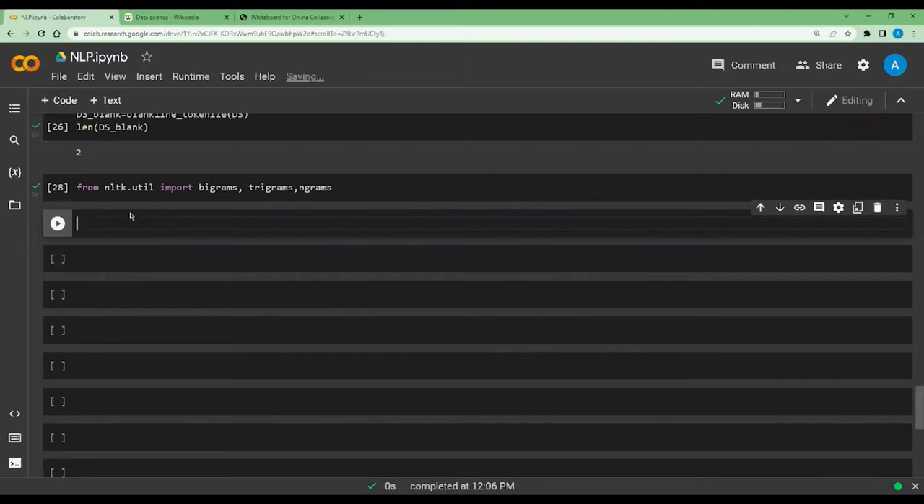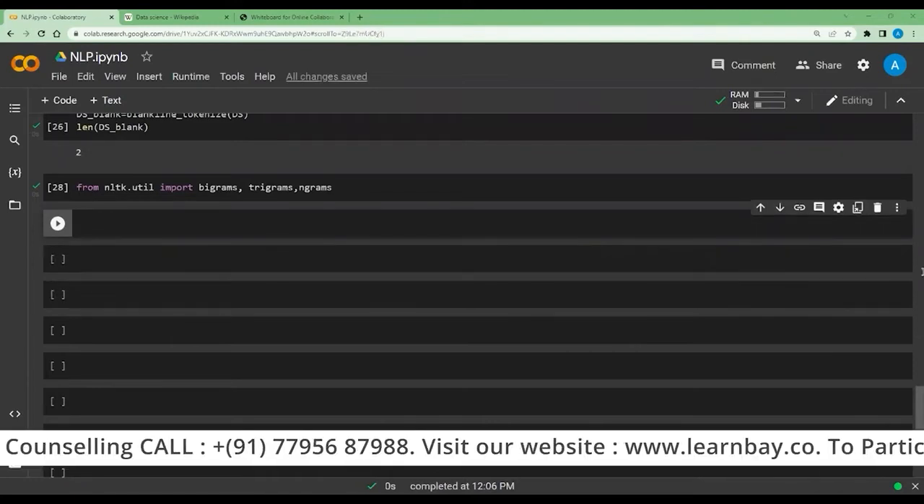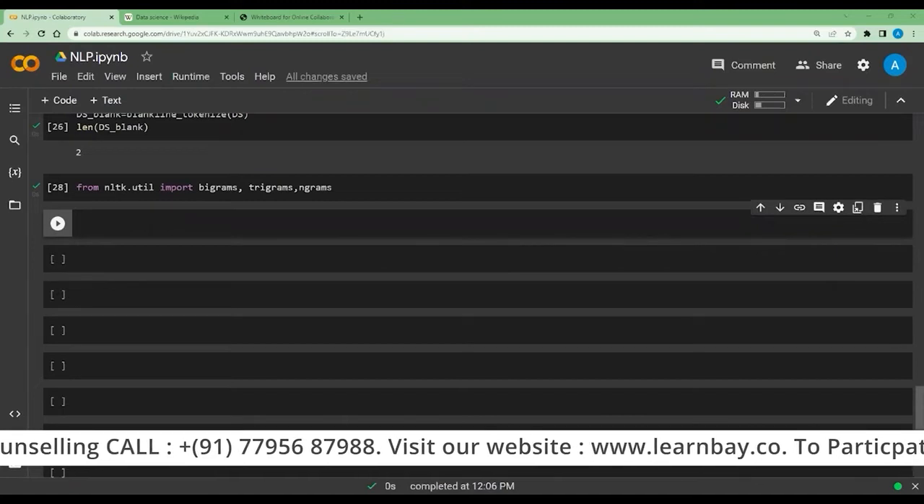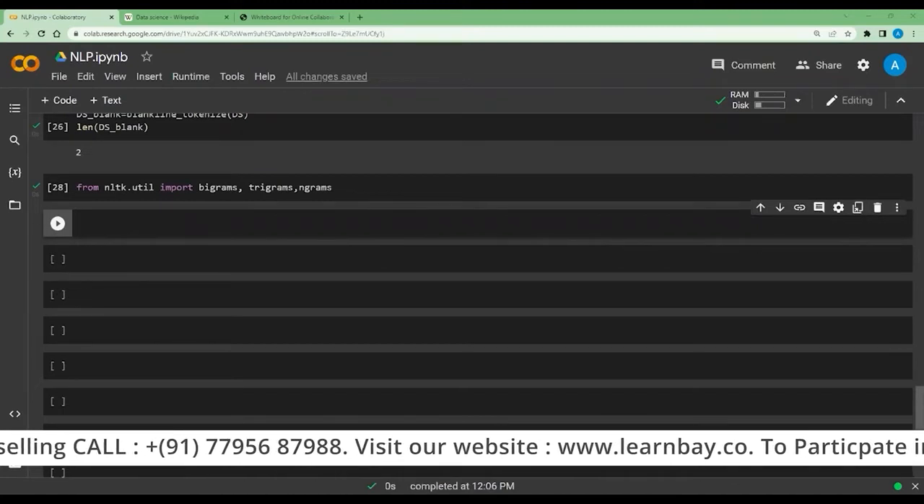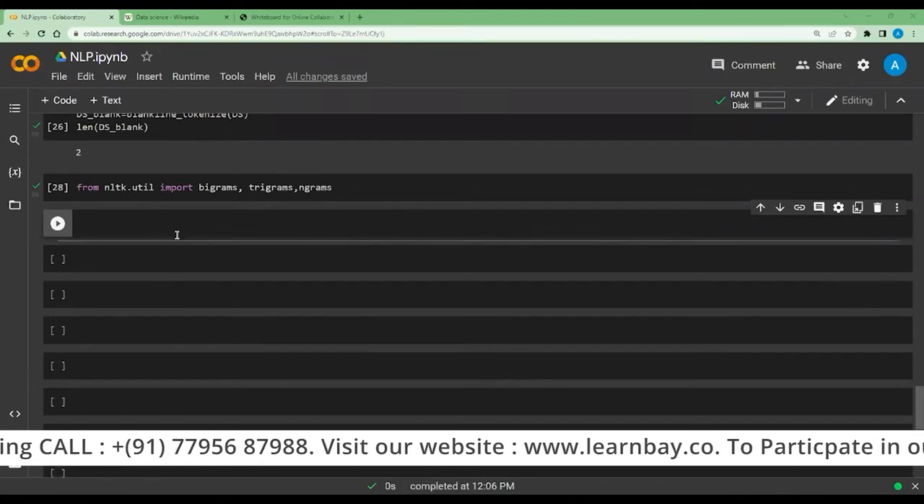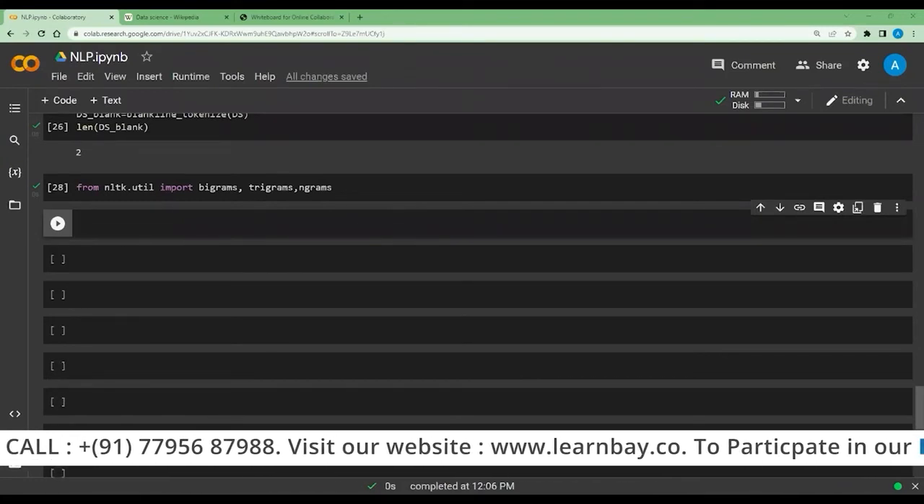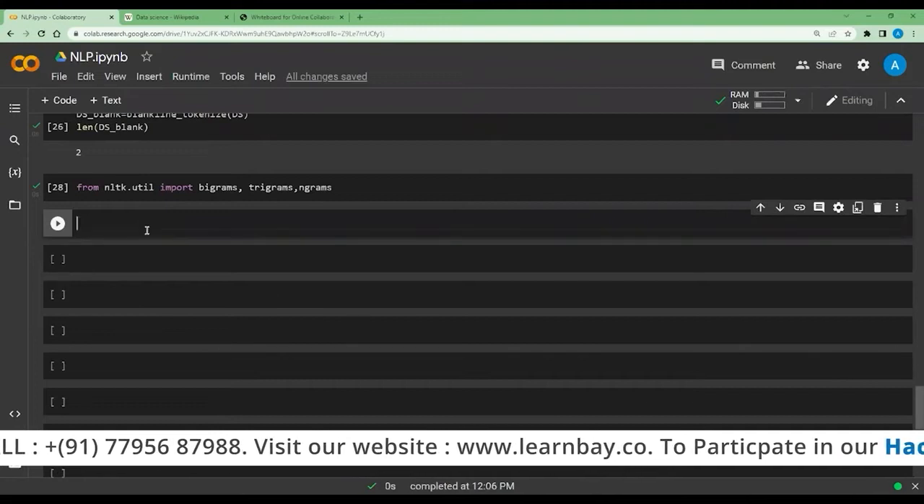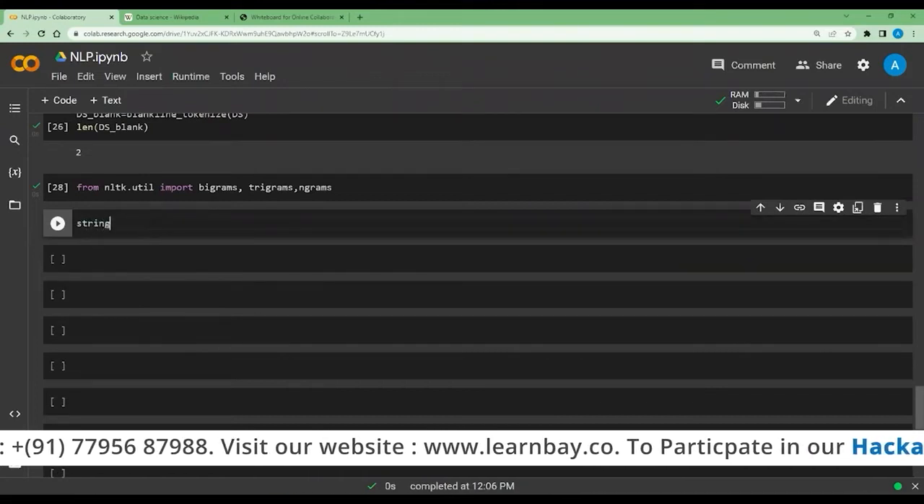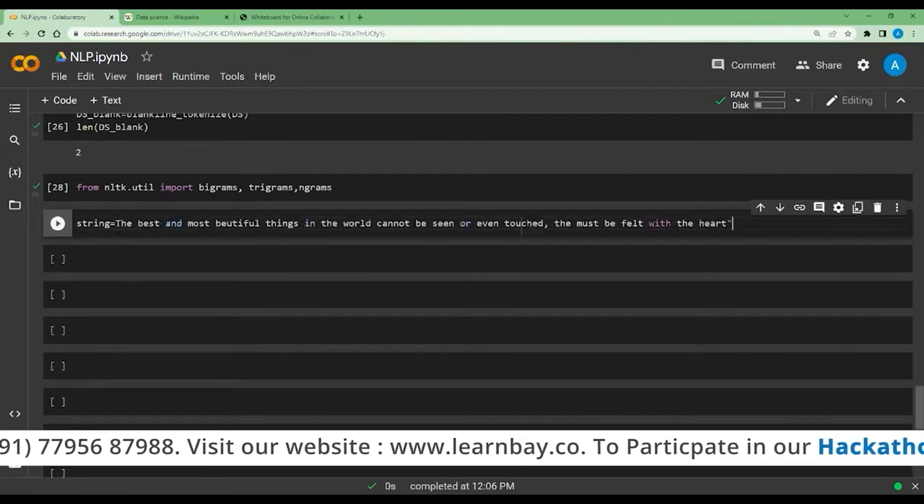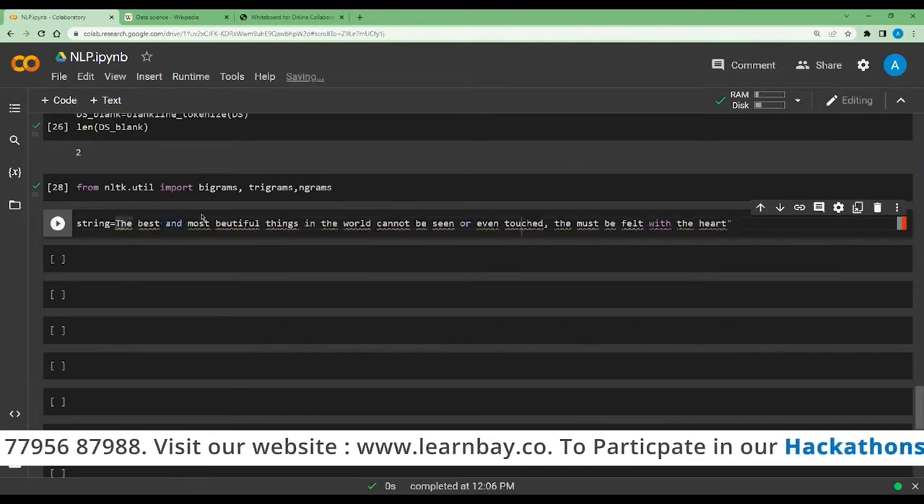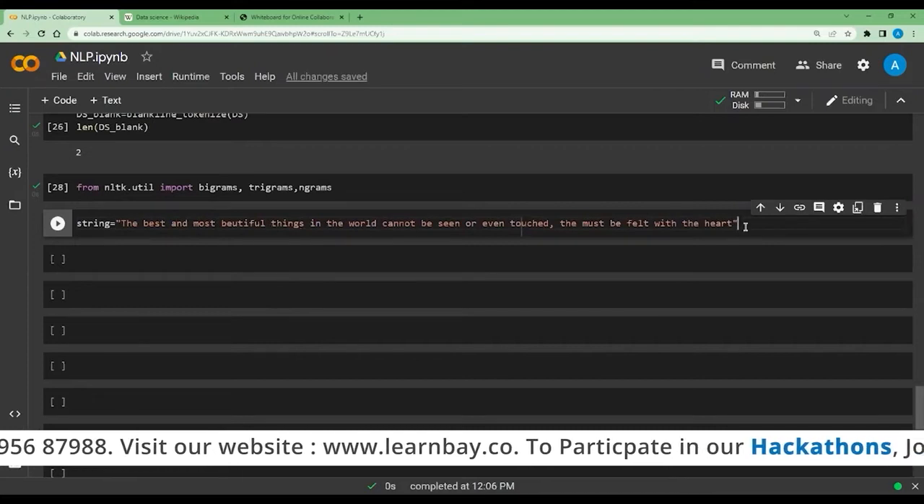Now what we'll do is take a random string and tokenize it. I already had an example, so I'll paste that in the chat and you can copy it from there. That's a string you can take for the example. It gives the best combination of words, so that's why I have already kept that. So string equals to